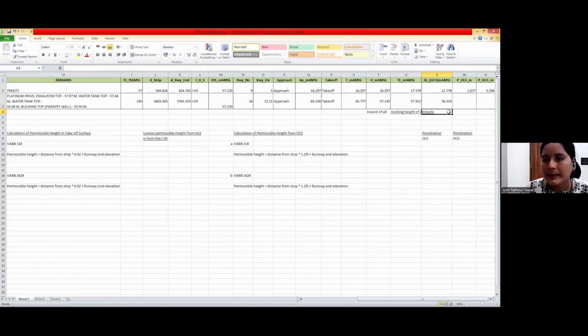We are having permissible height in OCS as this. Now again, finally, we are going to calculate penetration in OLS and penetration in OCS. So for penetration in OLS, we will just simply take the difference of existing height of the obstacle and lowest of all. So we have penetration in OLS as 0.782 meters